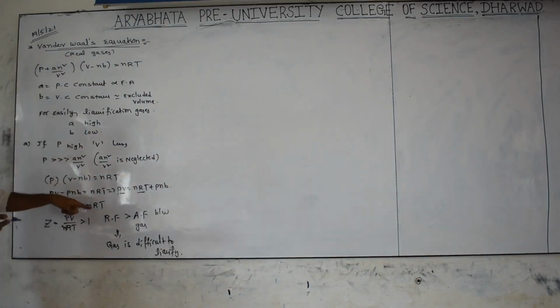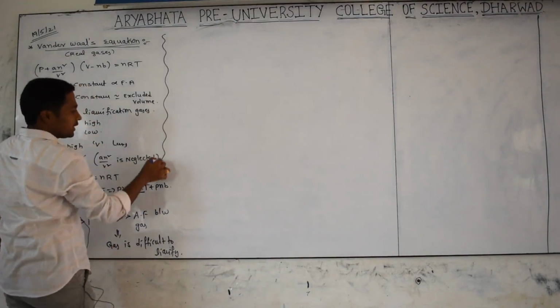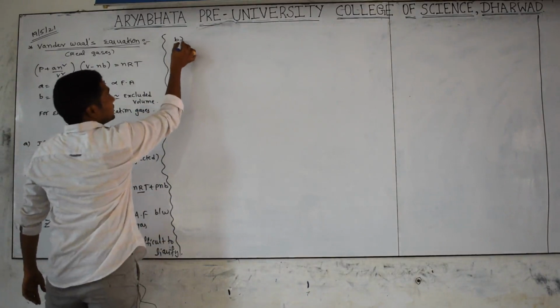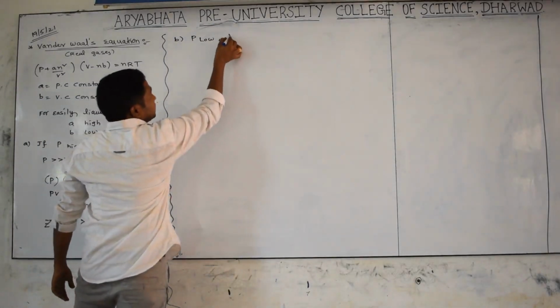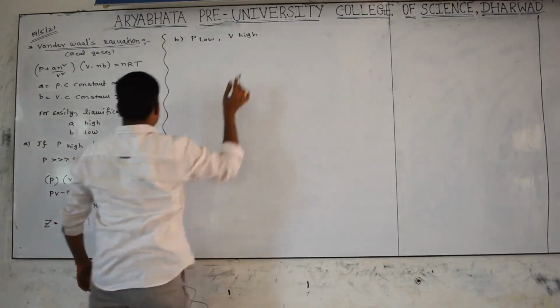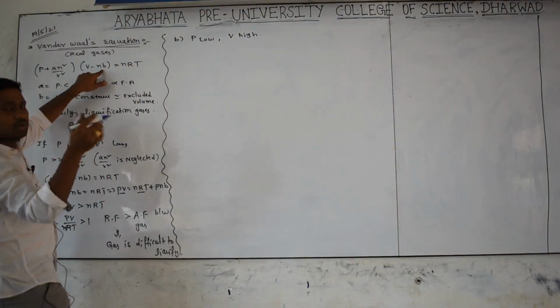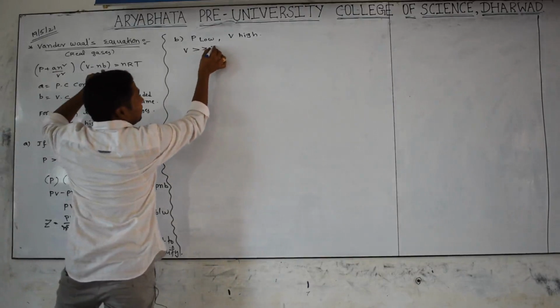These conditions are very important. Last year in the JEE Mains examination they asked this concept. Now we are discussing the second case. You see carefully. Second case, pressure is low. Pressure is low means volume is high. So if volume is high, the excluded volume will be very less. V is greater than nb.